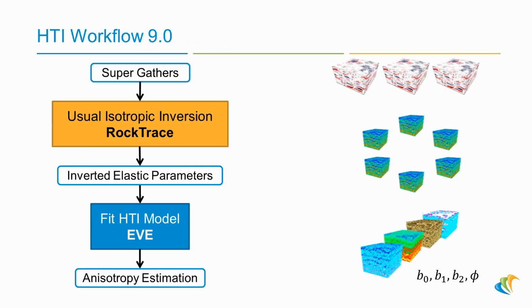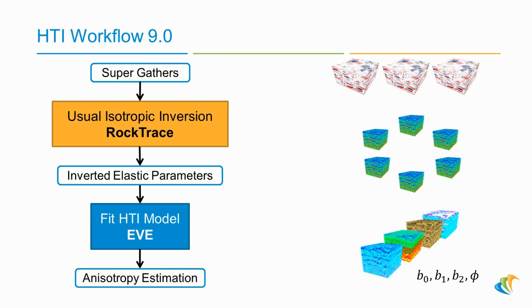So what we can do with our HTI workflow is we start with supergathers. That's the seismic, which is both oriented in azimuth and in angle. We can do our usual isotropic rock trace inversion. That's with wavelet estimation and earth modeling and all that. Then we can invert,